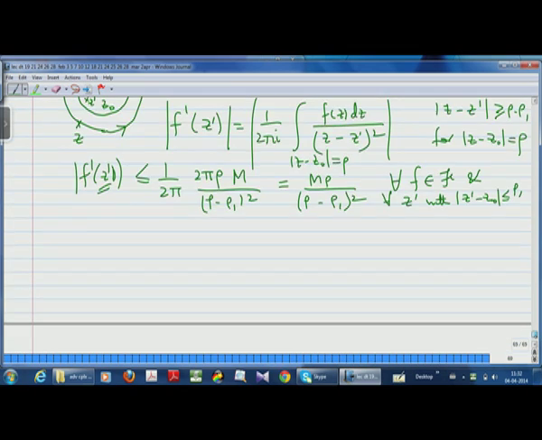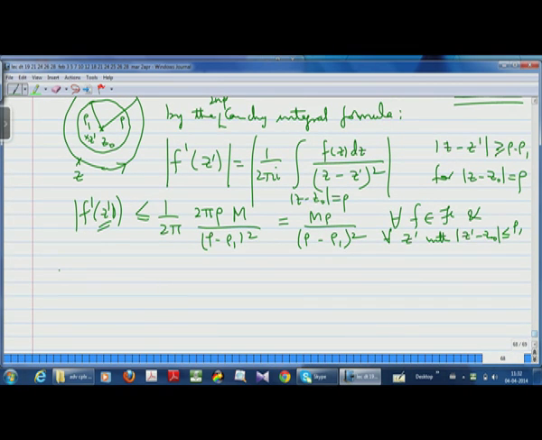What you have shown is that because of analyticity, the derivatives are bounded. Now because the derivatives are bounded, you get equicontinuity. And how is that? You get that by actually integrating these functions. If I take two points z1 and z2 with mod zi minus z0 less than or equal to rho 1, that is, if you take two points in this smaller closed disk.